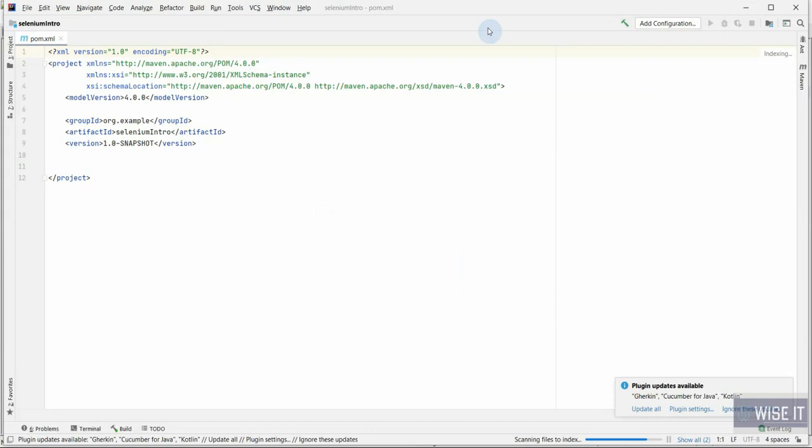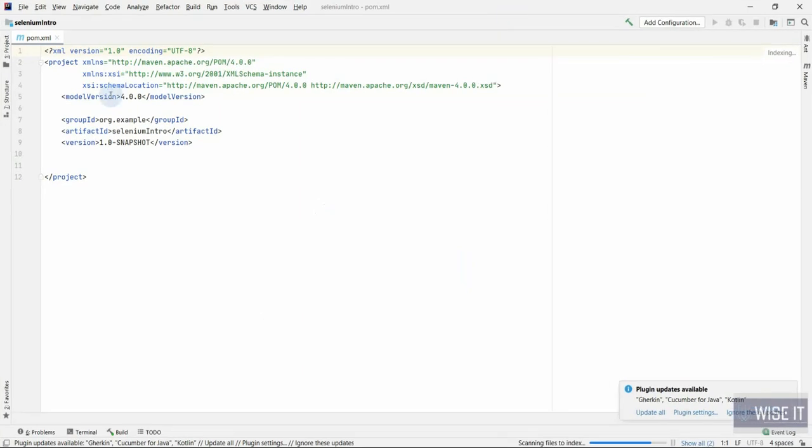So what we have in Maven is, in Maven, this is the heart of Maven. तो ये मेन फाइल है मेवन की, which is called pom.xml. So here is the file where we'll be setting all the stuff for Maven, like हमें क्या dependencies चाहिए, क्या क्या हमें download करना है. So we'll just put the values here as XML, and we'll download. So I'll show you as we go forward. So let's start with the first step.